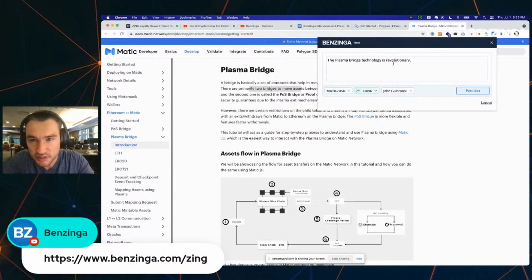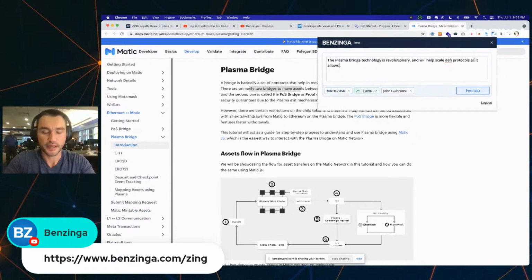All right, so the Plasma bridge technology is revolutionary and will help scale DeFi protocols. What it allows you to do is bridge over your assets. Plasma bridge technology is revolutionary and would help scale DeFi protocols, as it allows ERC20 assets to be bridged to the Polygon sidechain, allowing for scale